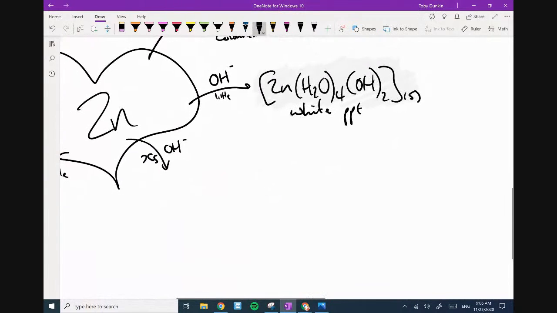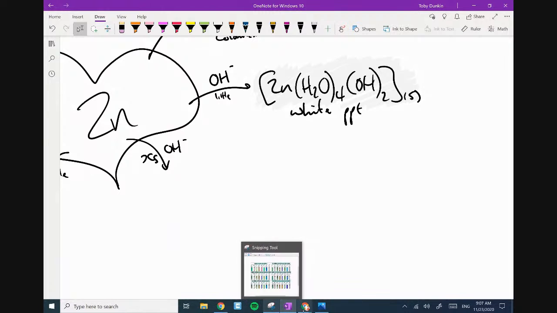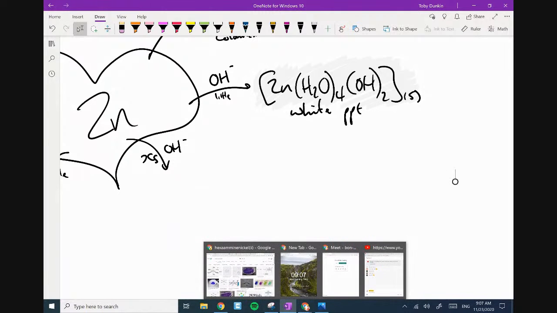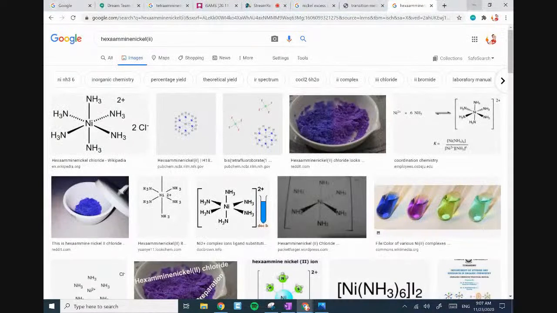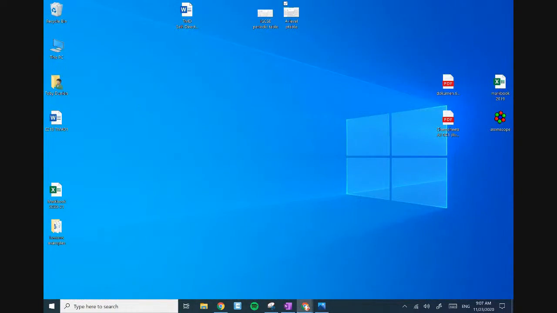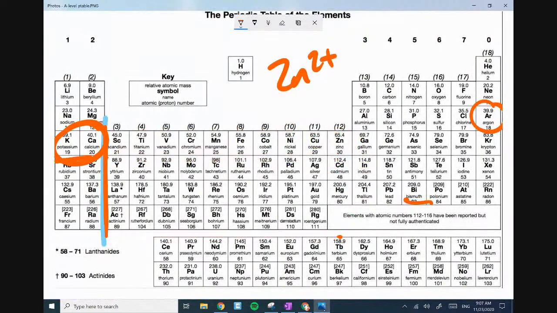Okay, next one. Now, this is where zinc is an oddity. Now, people often ask me why zinc here is an anomaly in terms of the 2 pluses. Because we realize that the 2 pluses in general don't redissolve. However, zinc does. The reason for this is we know that as you move across from left to right across